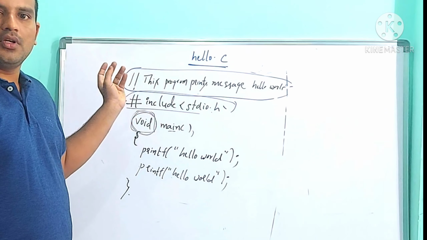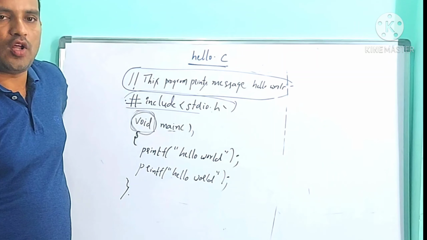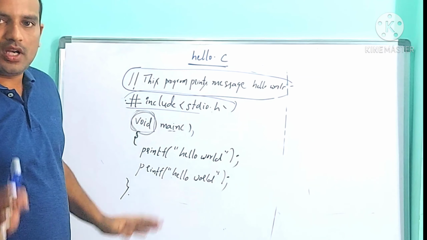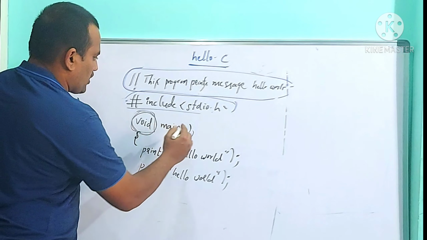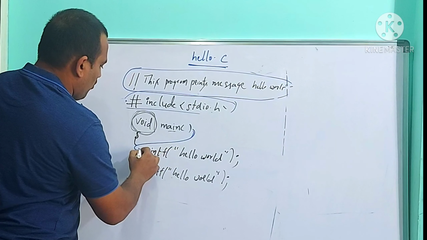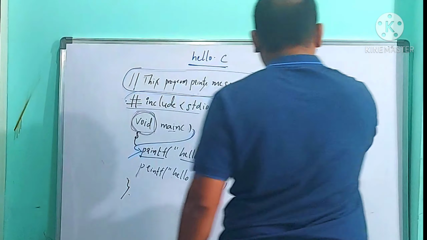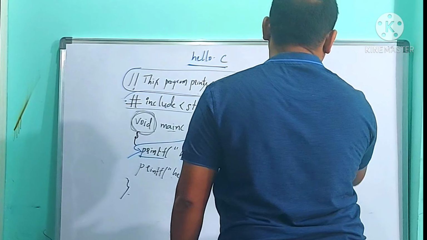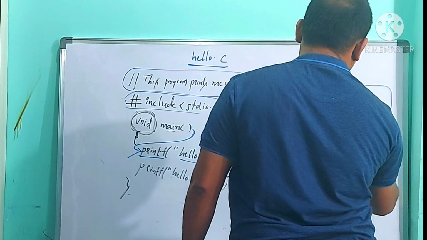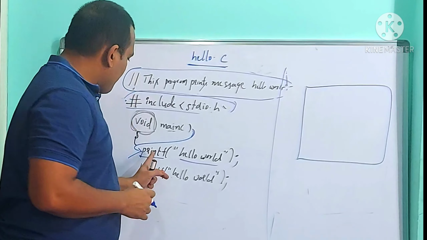Now I need to use Control F9. Control F9 is for execution. When you press Control F9, the runner activates and executes only the body of the main function. Now when you press Control F9, the runner comes to the first line of the main function. What is it? Printf hello world. Assume this is the first program I am writing, a fresh program. Assume it is the output string.